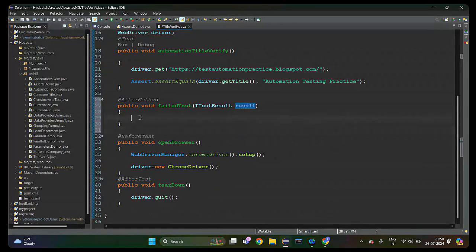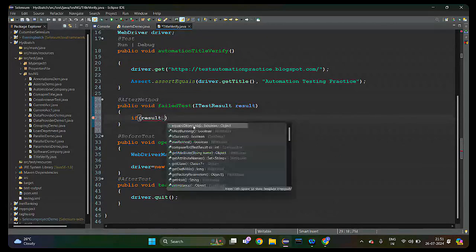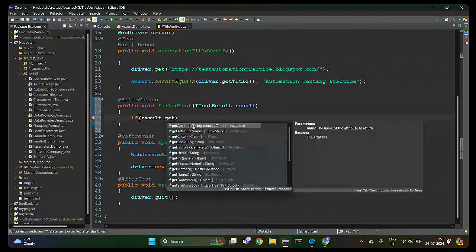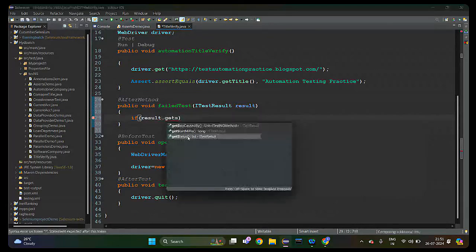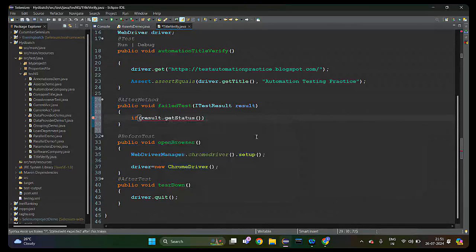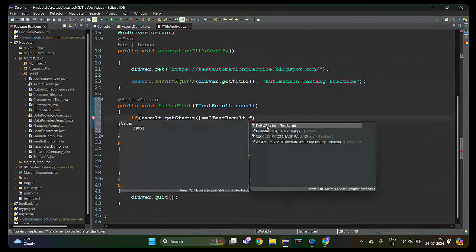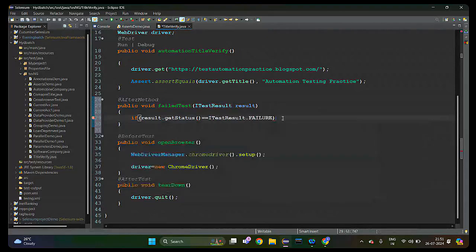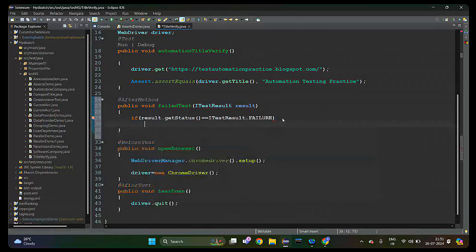Now see here, I'm putting in a condition: if result.getStatus equals ITestResult.FAILURE,